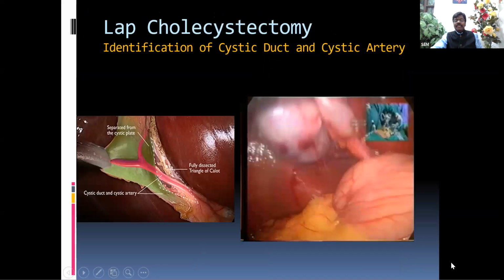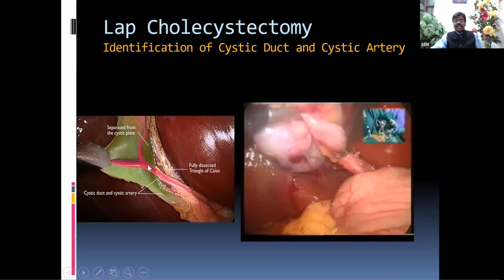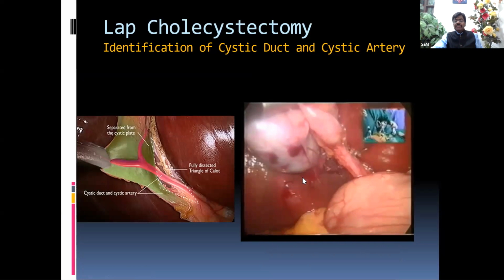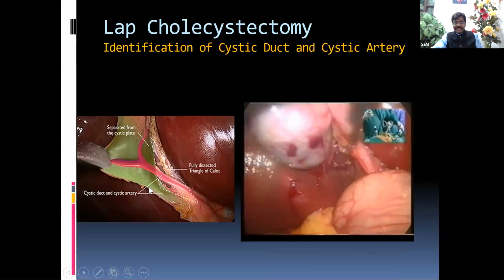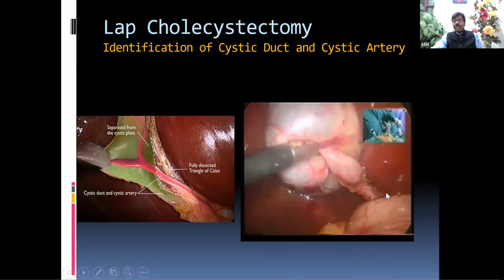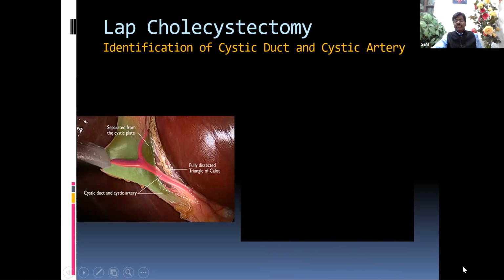So when you do that, then you will be able to see the content of the Calot's triangle. That is the cystic artery and also the lymph node in that region. And once you are able to see the cystic duct, that is a greenish structure like this, here the cystic duct, then you will be able to ligate this cystic duct and remove it. So this is what we are about to do. See, for example, next thing, if you see here,